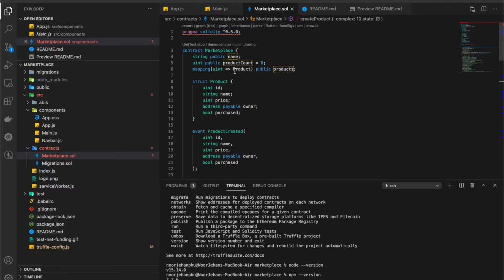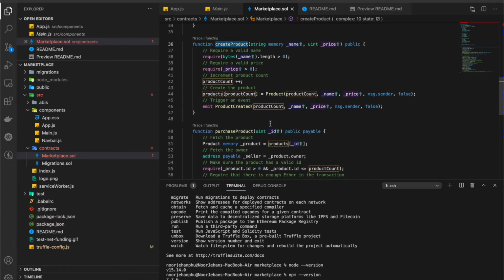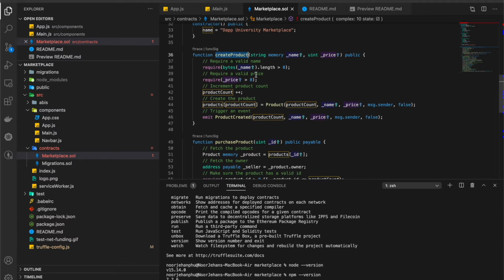A challenge that you might want to consider is to try and change the mapping to an array. Instead of having a product count and a mapping, you can reduce that to just a dynamic array of products. That will save an additional variable cost for storage, and it'll make the code a little bit more readable. Another challenge you might want to look at is to make the require return more meaningful error messages. This is